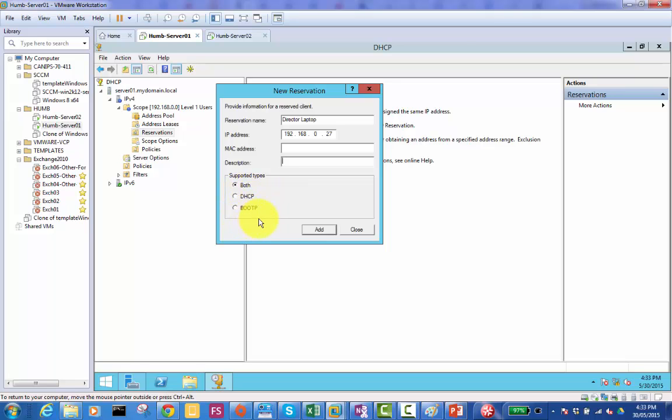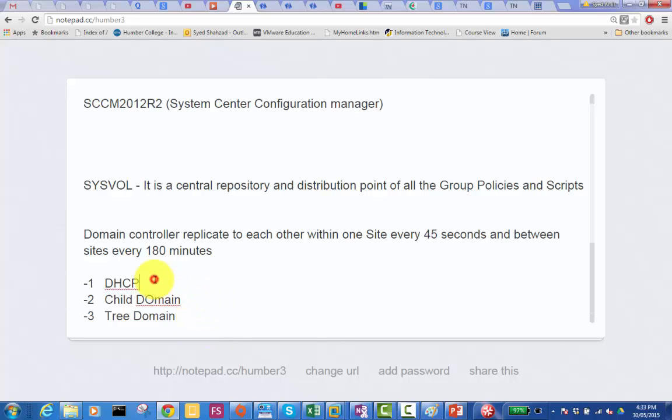What is BOOTP here? So BOOTP, I'll just put it there. In DHCP I'm updating the notepad now. You could just take that from there. One is that for a lease we use the MAC address. We get it by ipconfig /all. And the second thing I'm updating on the notepad.cc/humber3 is that the BOOTP